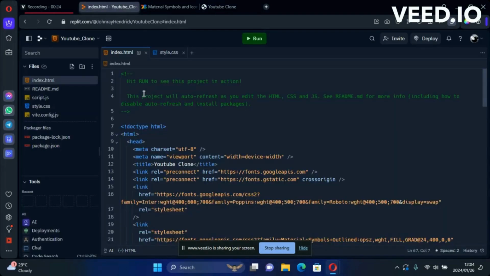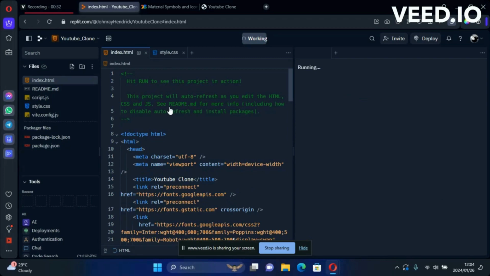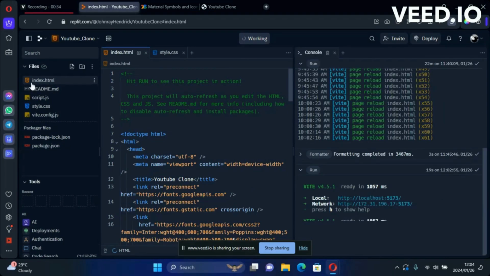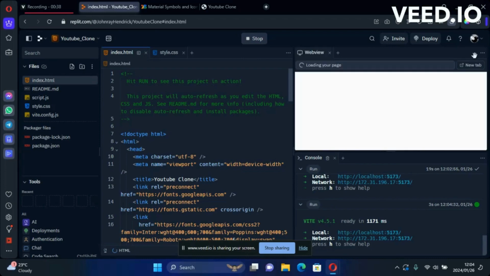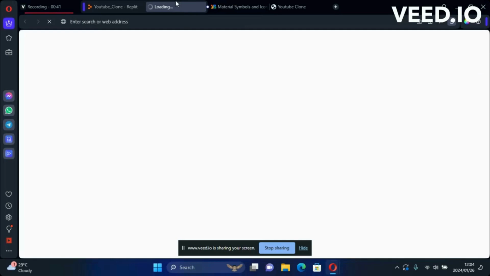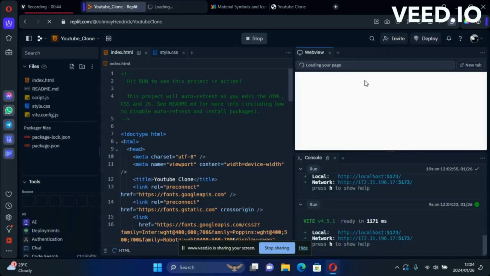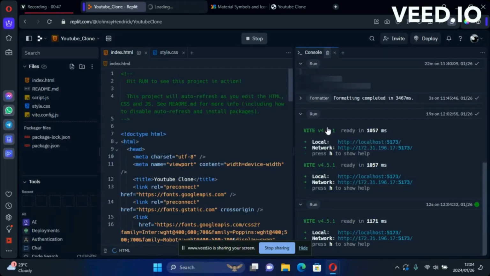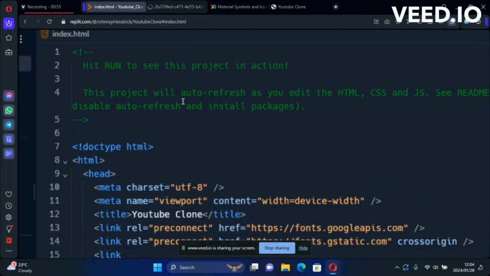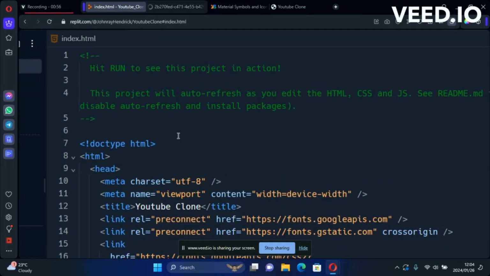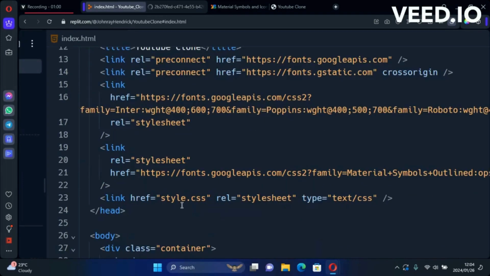So what I want you guys to do is head over to the index.html in the Replit platform. So I want you to press start. So currently we are in the index.html file, and then pop out the web view, and you can close it here, and you can close the console as well. Let me make it bigger for you guys. Super. And let me hide this. Let's go over to